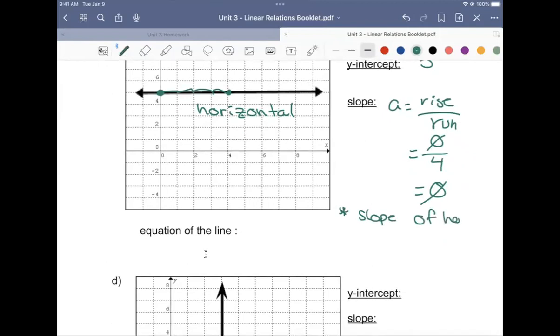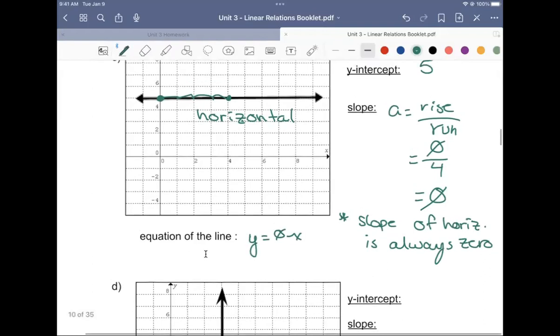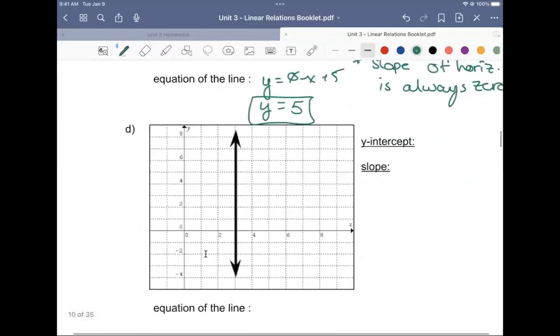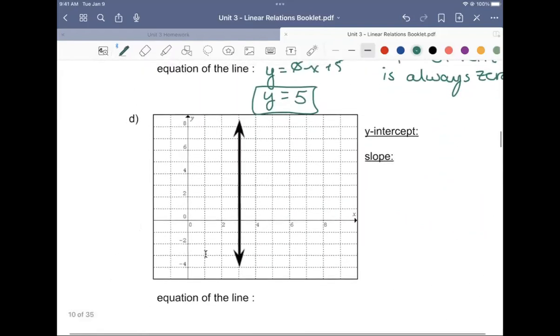Slope of a horizontal line is always 0. So here, there is no slope, but there is a y-intercept, so it's 0x plus 5. 0x is equal to 0, so we just write y is equal to 5, and that is our equation of the line. Now on this one, we have a slightly different one, where we do definitely have a rise,